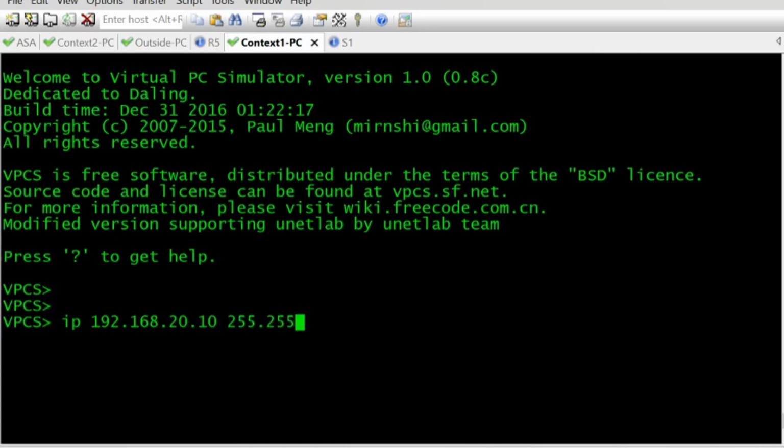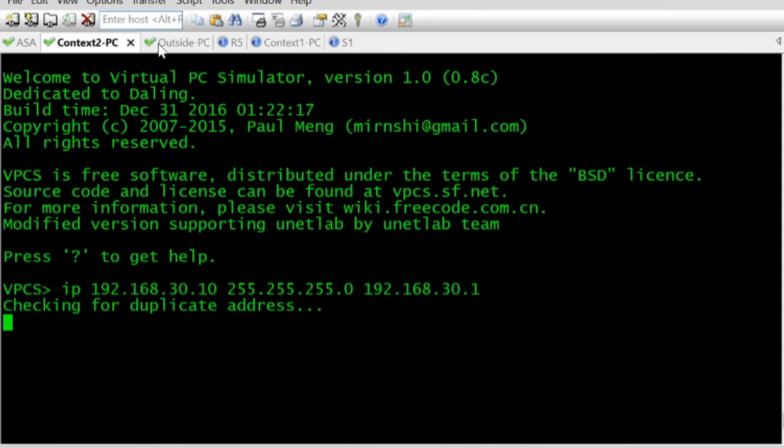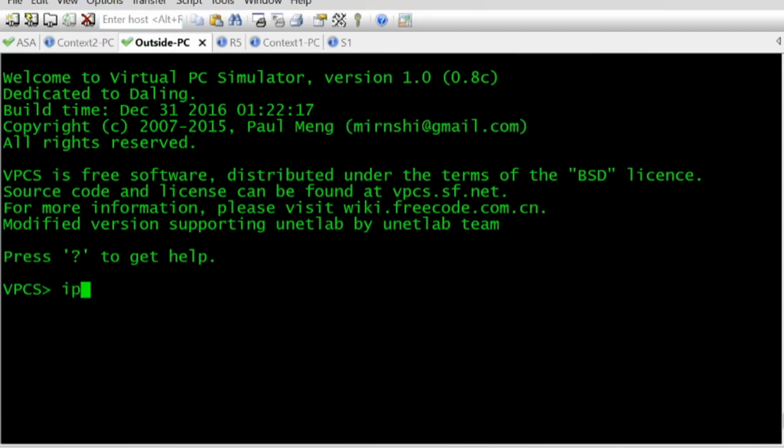20.10 we'll give it, and 20.1 is the gateway for context 1. Context 2, we'll give it .10, and 30.1 for that one. And while we're here, we'll just configure the outside PC 192.168.10.8, and that's a /30